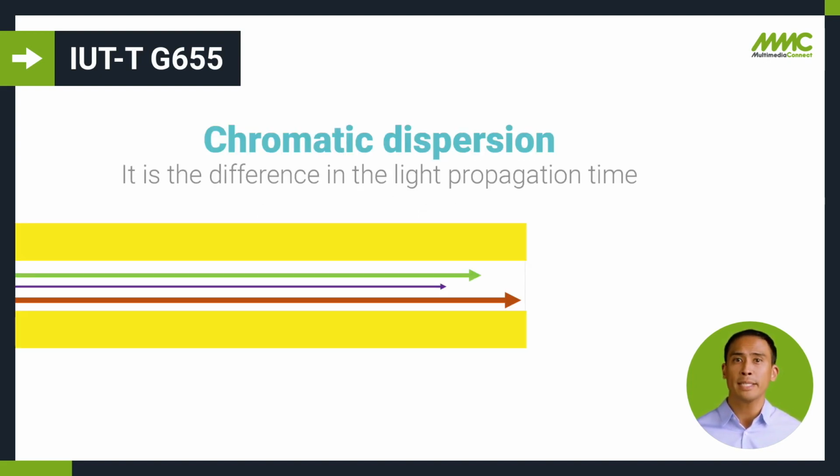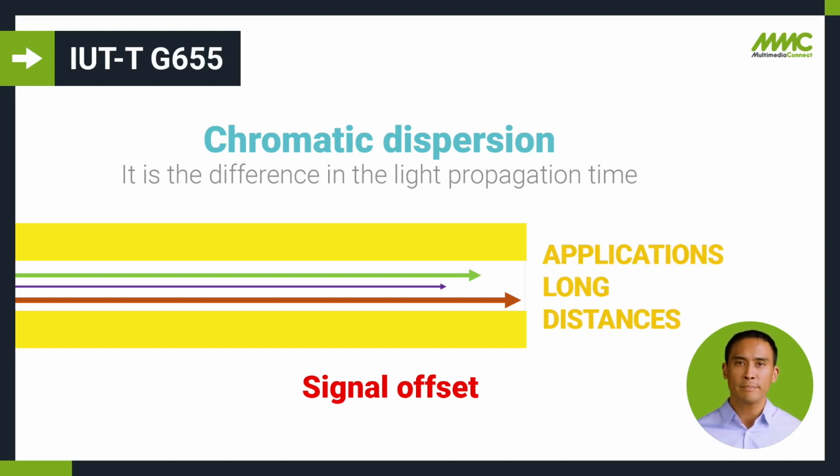Chromatic dispersion relates to the difference in propagation time. A light possesses different wavelengths, and these different wavelengths will have different propagation times, and so we obtain out-of-sync signals at the end of the transmission. We call this chromatic dispersion. The G655's specificity consists of a very low chromatic dispersion and can hence be applied and used preferably for long-distance applications. Chromatic dispersion is namely one of the factors that limits the bandwidth.